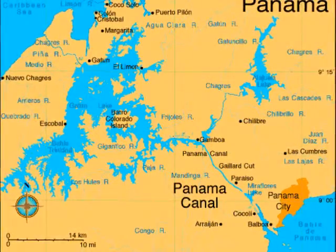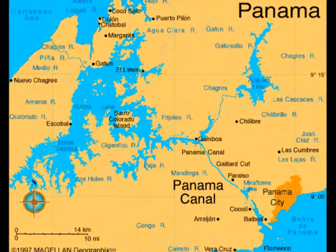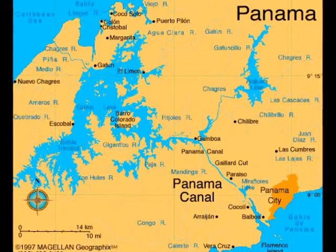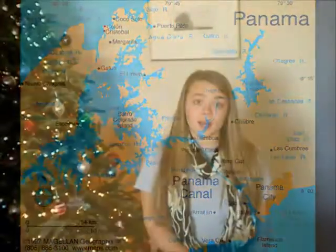We will begin our journey with the Panama Canal, the waterway that cuts across the Isthmus of Panama connecting the Atlantic and Pacific Oceans. It eliminates the long, dangerous voyage around Cape Horn. The canal, built in 1914, was operated by the U.S. government, and during World War II, it was one of the major security links the Allied powers had to those oceans. It remains important to world economic development. The U.S. returned the canal to Panama in 19...